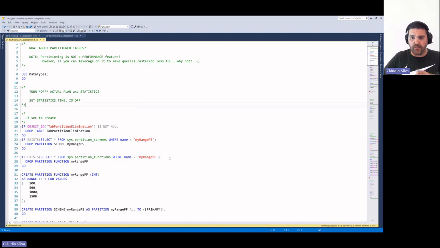At the end of the session, if you remind me or drop me a message, I can send you one example and the link where you can find that. But if you search for extended events anti-patterns, there is a new one for 2022 that works that way. Unfortunately, it won't work with 2019 and previous versions, but at least it's a start somehow.